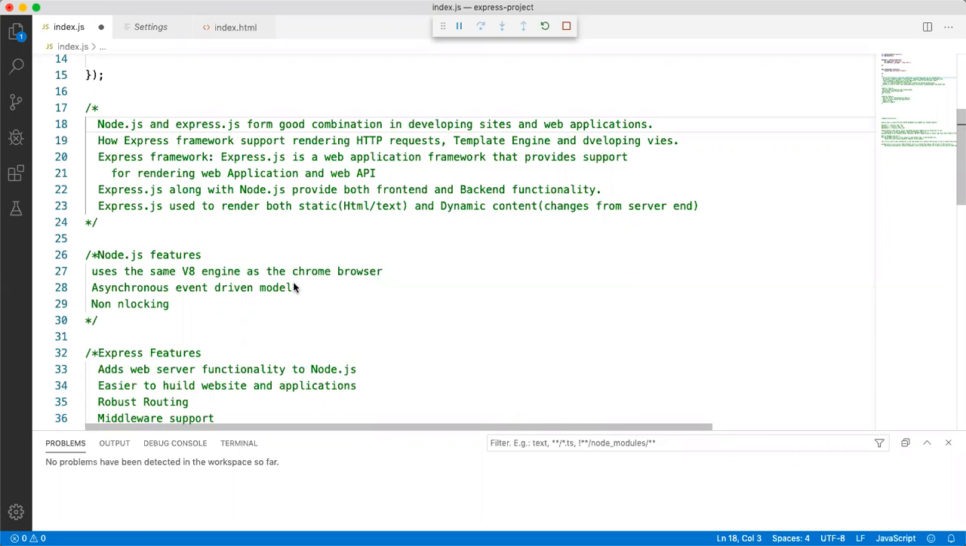Today we will be discussing Express. Node.js and Express.js form a good combination for developing sites and web applications. The Express framework supports rendering HTTP requests, template engines, and developing views. Express is a web application framework that provides support for rendering web applications